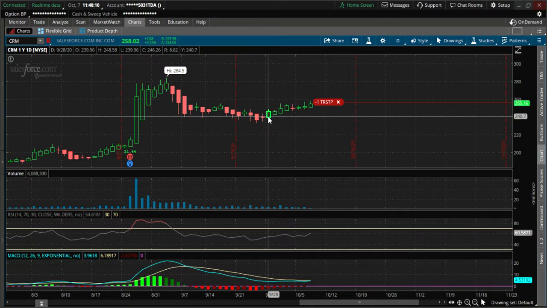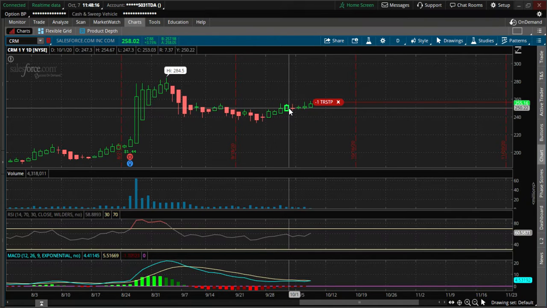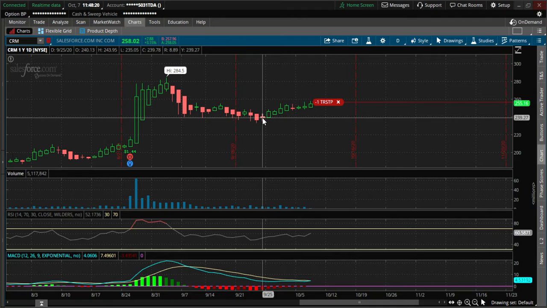So this candle right here is pretty much an engulfing candle. Then you had a trend that followed it. Okay, so close above the high of the low day. The high of this day was